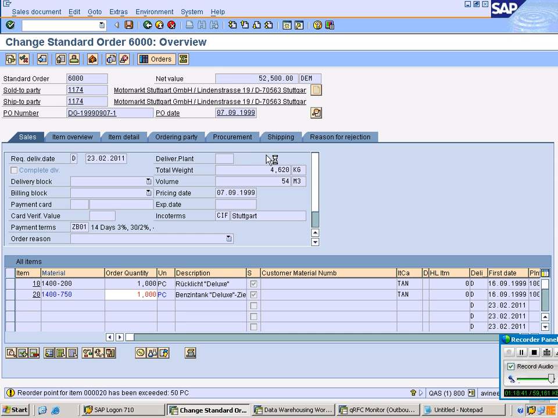Now when it's calculating, what happened? Before changing, the value is 52,500. After changing, the value is 55,000. So now what you have to do? Click on